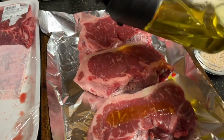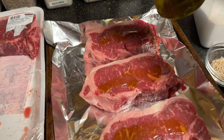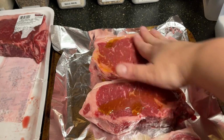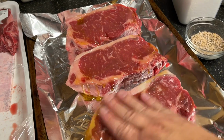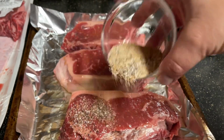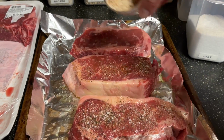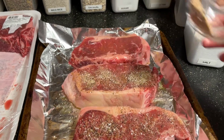I'm gonna start with some olive oil, but I don't think we can wait anymore. I'm gonna rub that in. We're gonna do one side at a time. Now we're gonna get our rub. I've mixed all the ingredients up, and I'm putting it on 2 of them only because the other ones are gonna get